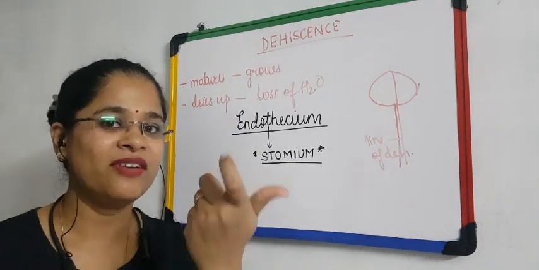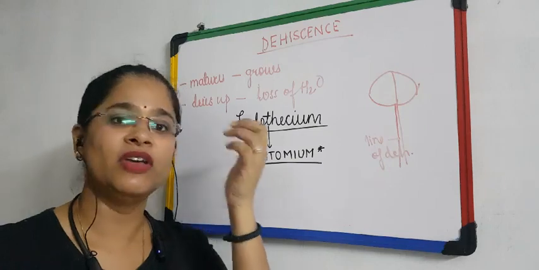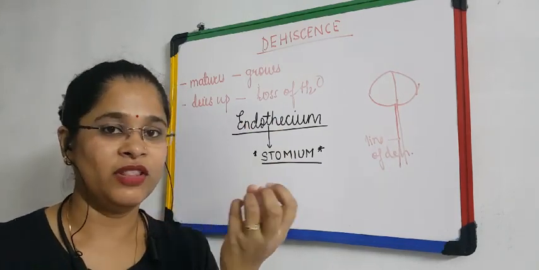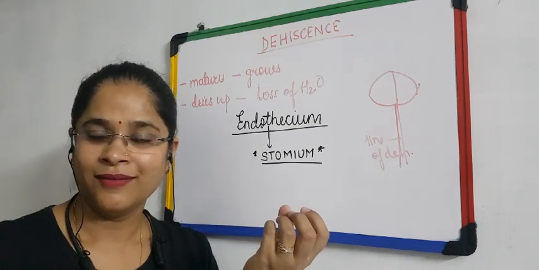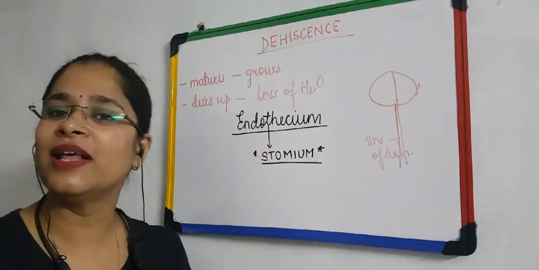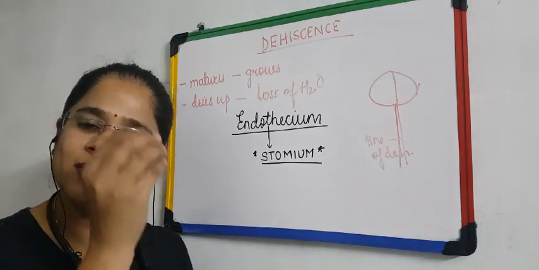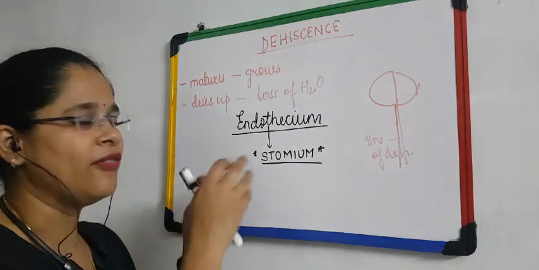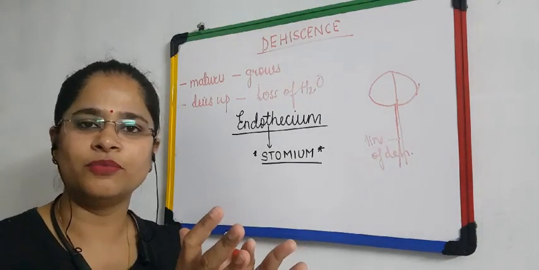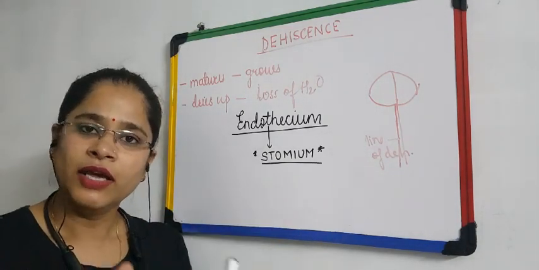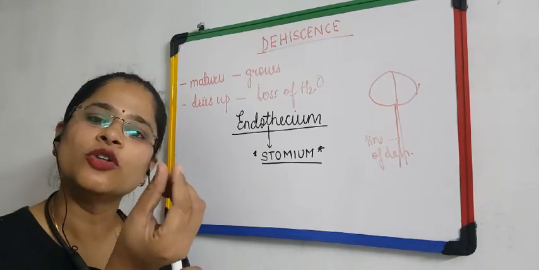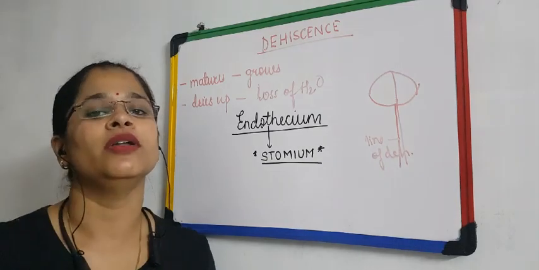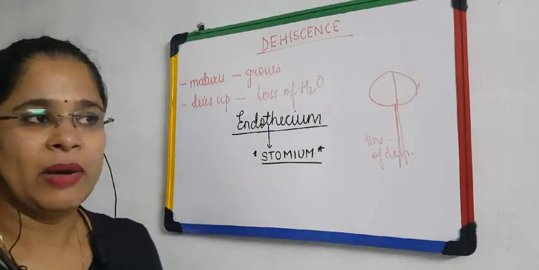Suppose you have a raisin, right? I'm giving an example. We have a raisin. When we keep it in water, it swells up. But when the water is not there, then you understand? Same happens with endothecium. Various linings develop on the wall layers of the anther, and due to that, the anther ruptures. As the anther ruptures, pollen grains are released. If they are not released, they are present on the tip of the anther, and when you touch them, you can feel a powdery substance. Am I clear with that?